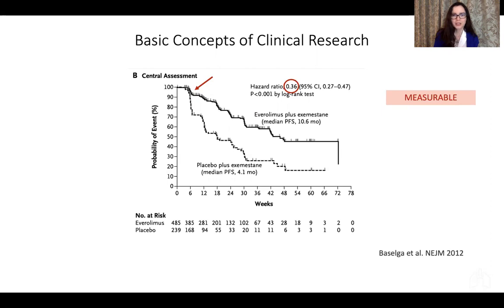Basically, the lovely shapes of the curves are absolutely clear in terms of the beneficial effect of the intervention, which is the combination of the two agents, everolimus plus exemestane. And by the time the publication was released in 2012 at the New England Journal of Medicine, I remember the debate was about the hazard ratio of 0.36 and never previously reported for this population. Everyone was very excited. However,